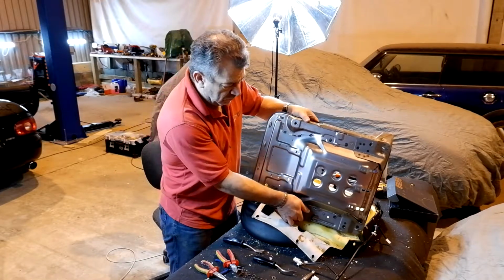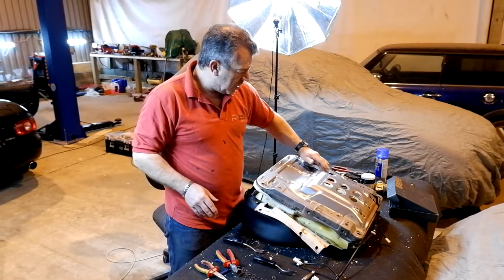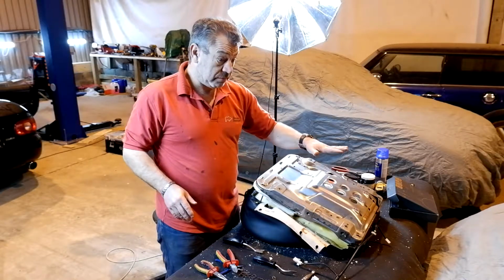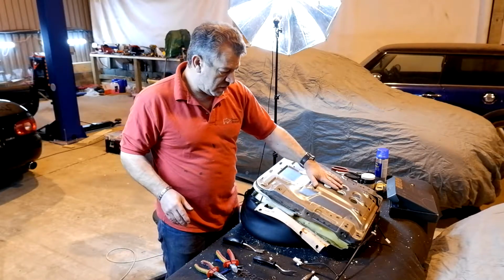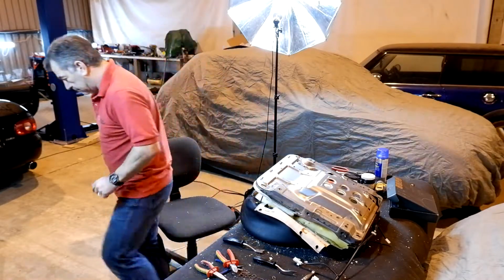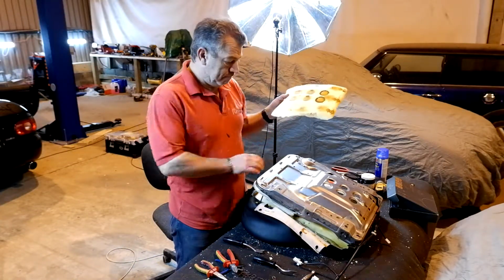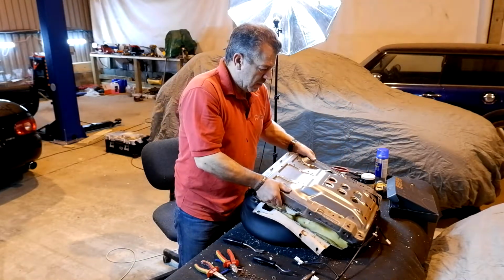So once we've got that off, we really need to look at what we want to do. And you can see there's a bulge here in the seat. And this is full of foam, which is the under padding out of the seat. Now, I have to tell you this early. I've already done the foamectomy on this seat. Just give me a second. Let's go and get all the bits I've already cut off. This bit goes there, so